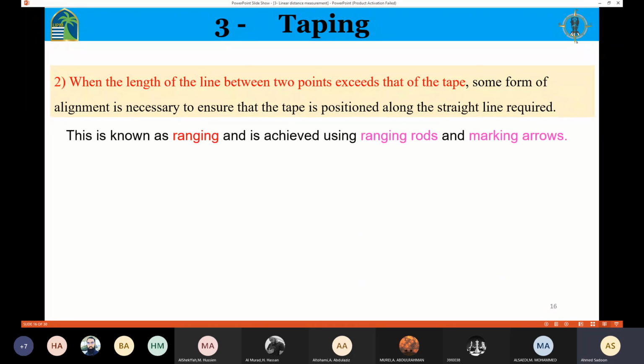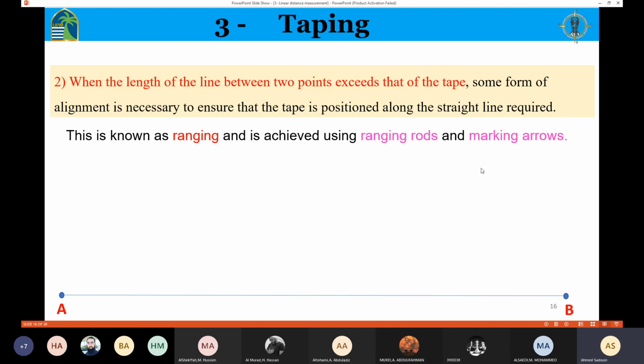So in this case, for example, I have point A and point B, and the length of the tape is less than the distance between A and B. So in this case, I need to have a form of alignment. I'm going to create intermediate points between A and B, but these points should be aligned with the straight line AB. That is the rule for achieving that, and we call this ranging, and it is achieved using ranging